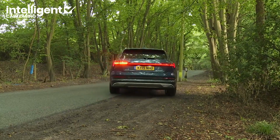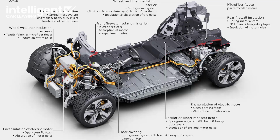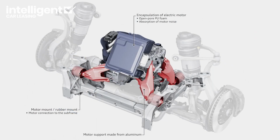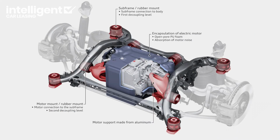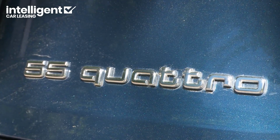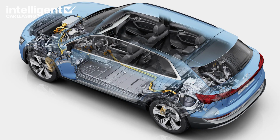Electric cars may have come on quite a lot since you last looked. With this one, there's an electric driveline that uses a particularly large 95 kilowatt-hour battery powering two electronically linked asynchronous electric motors, one on each axle, so creating the first electrified interpretation of quattro four-wheel drive. The motors deliver a prodigious combined output, 664 newton-meters of torque and total power of 408 PS,